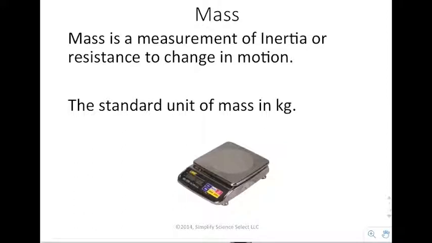So, mass. Mass is a measurement of inertia, or a resistance to the change in motion. Generally, it's referred to as the amount of stuff that an object has, the amount of matter. So how much matter there is will prevent an object from moving. Now, the standard unit of mass is the kilogram. Okay, it's not the gram. It's the only standard unit that actually has a prefix in front of it. Now, in chemistry, we tend to use grams because the gram is very small and useful in chemistry. But the standard unit is the kilogram.